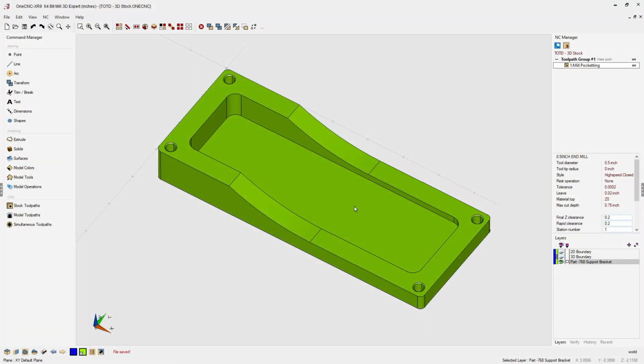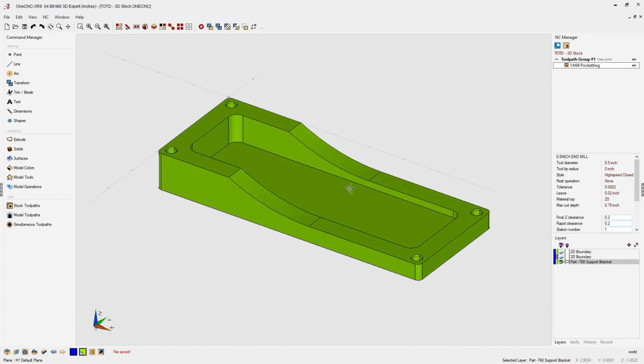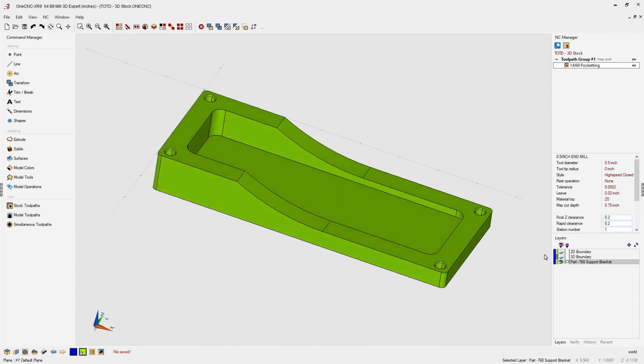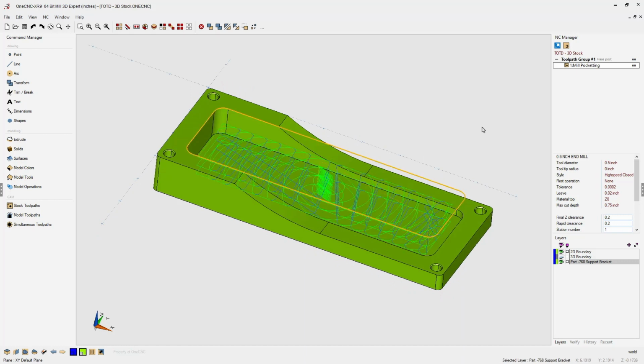In this tip of the day, let's take a look at using a 3D boundary to help reduce cycle time. In this example, you can see we have a part and we have a 3D pocket. Now, typically, you could use just a standard wireframe boundary like we see right here to perform the toolpath. In fact, if I perform a pocket operation on that, that will definitely work, but we can be much more